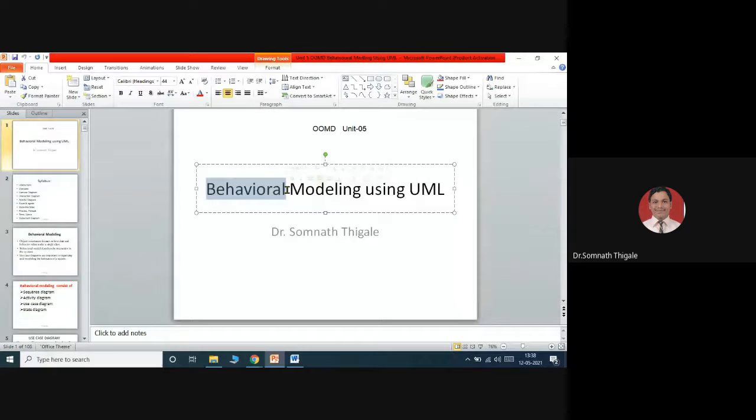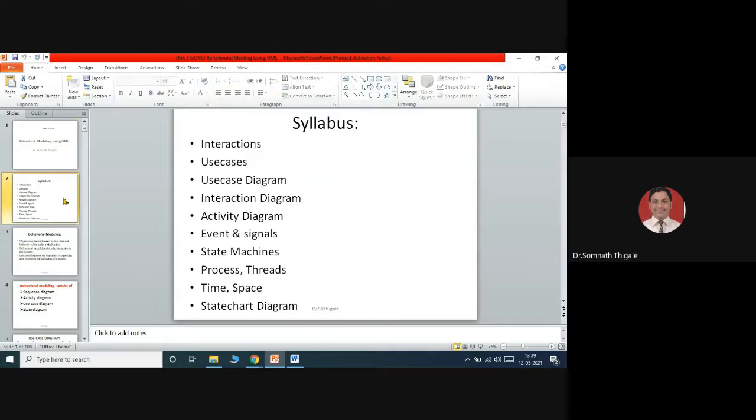But in behavioral modeling, we will concentrate on the actions taken by the user. So how the user is going to interact with the system, based on the type of user interactions, the scenario is going to be discussed.